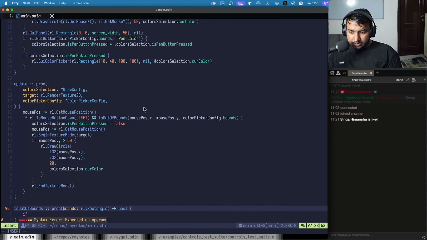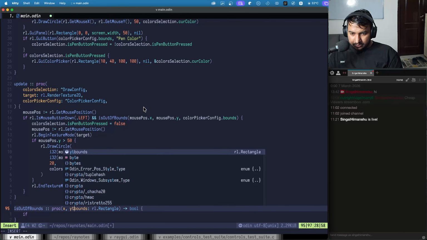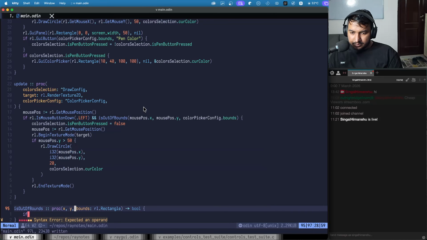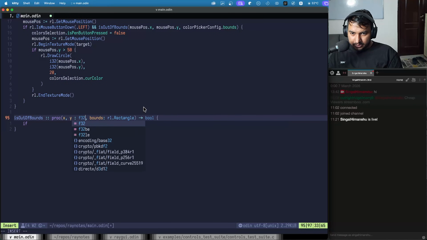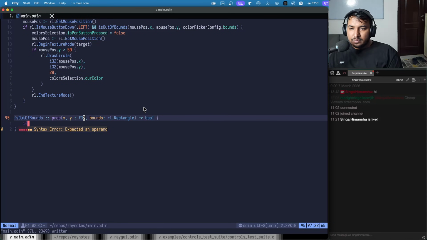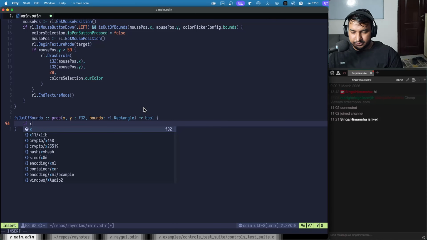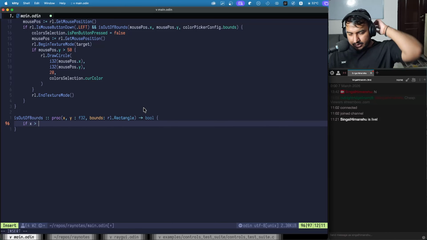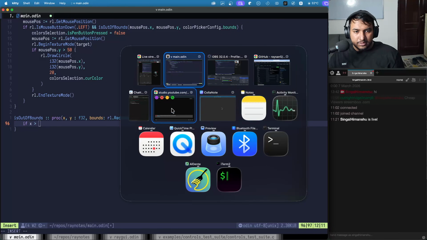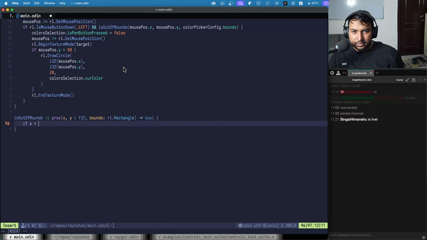X and Y will be F32. So if the X is greater than... what I am doing basically, if I have to explain this thing,